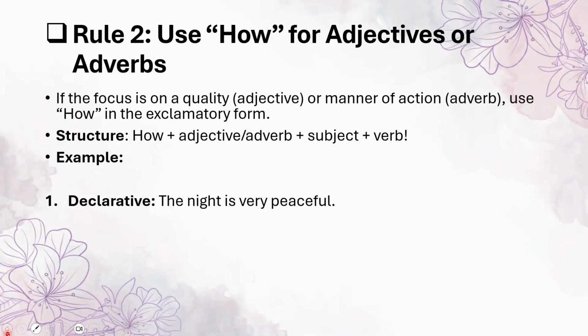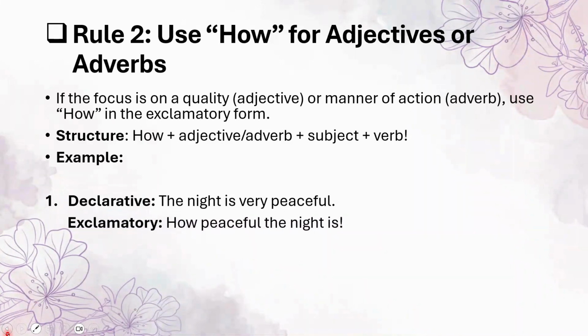To change this into an exclamatory sentence, you need to drop the intensifier, that is very. Bring the adjective to the front after how. Rearrange the subject and verb. So the exclamatory sentence is: How peaceful the night is. Simple, emotional, and expressive. Now, when focus is on an adverb, like